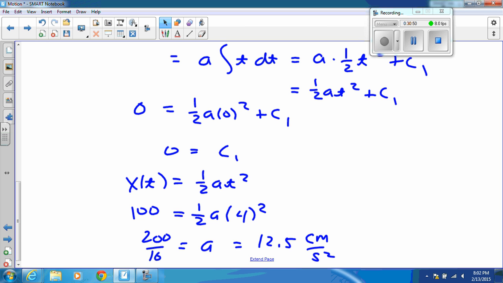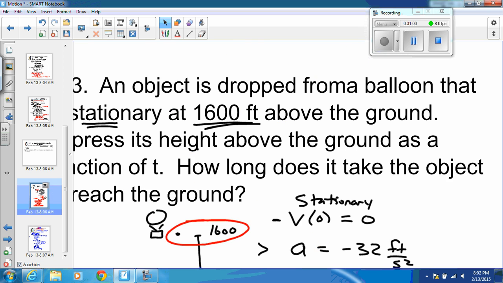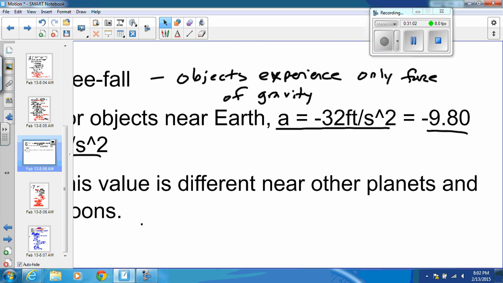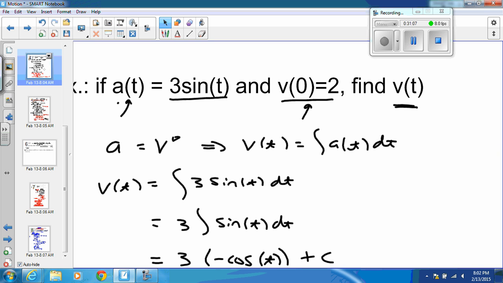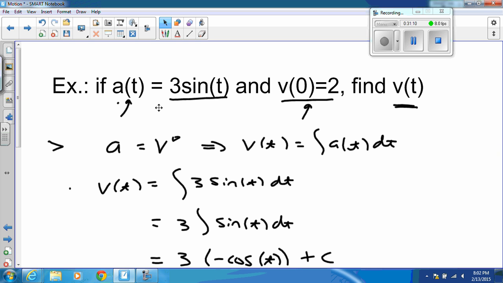Now, if you're in physics, the temptation is going to be for you to appeal to physics equations. And I want to urge you to resist that temptation and instead to use the calculus method that I taught you here. And the reason for that is that the physics equations are predicated on the assumption that acceleration is always constant. In the problems that we worked on this page, and on this page, and on this page, the acceleration really was constant. But this is not always the case. In this particular problem right here, acceleration